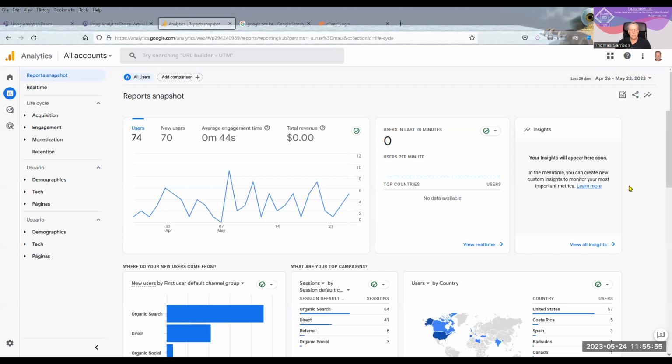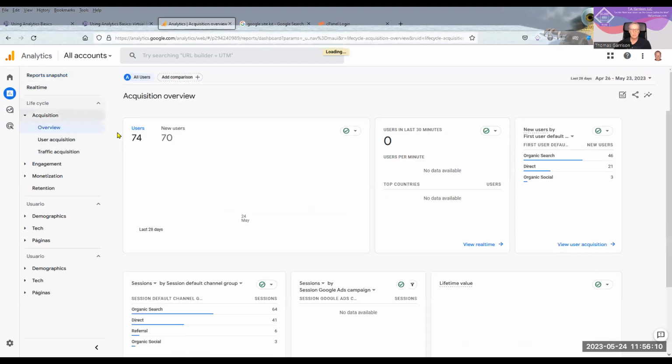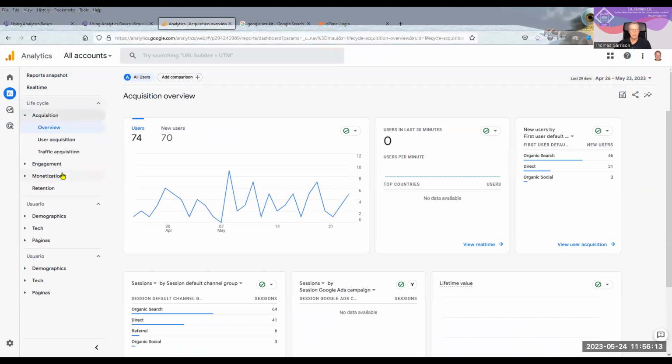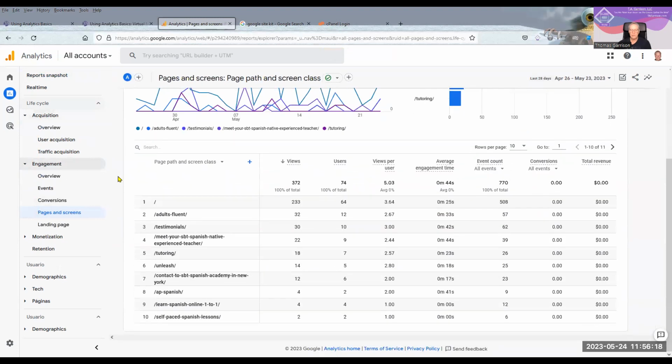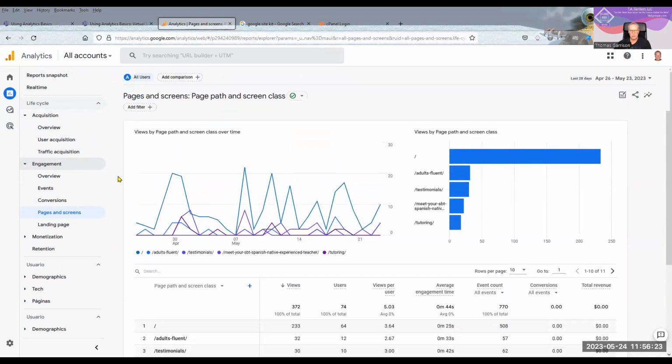The best thing I can say about either analytics or the search panel is to go to them, even if you have no idea what they are, and just start clicking through. You will figure out a lot of stuff, and you'll figure it out pretty quick. The things you're going to use right away are the acquisition overview in analytics, that's the best place to start. Then you go down to engagement, to pages and screens, and see what each page is doing. Those two areas are primary. Everything else is, okay, but I want to dig deeper. That's fine, but you've got to start somewhere.